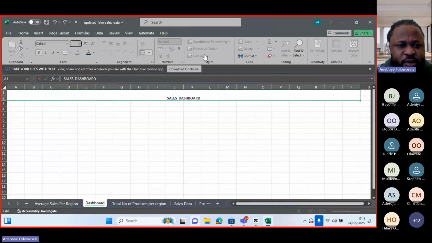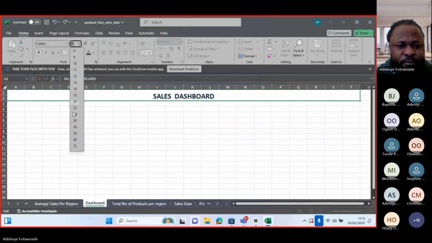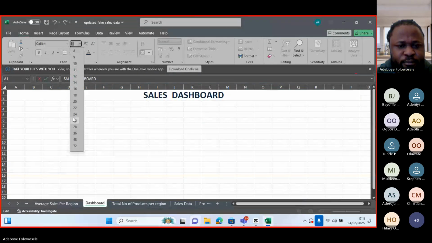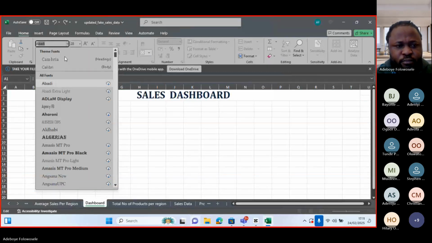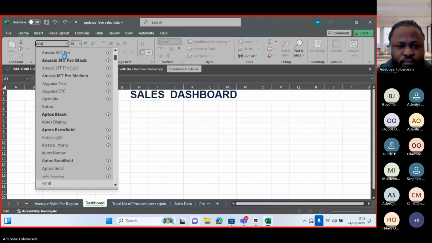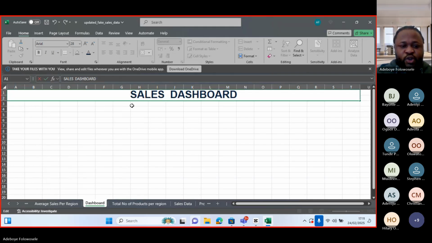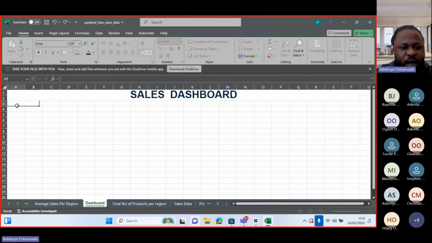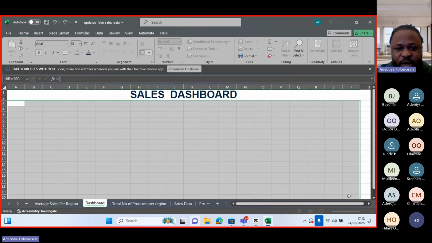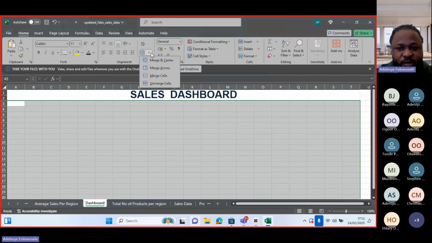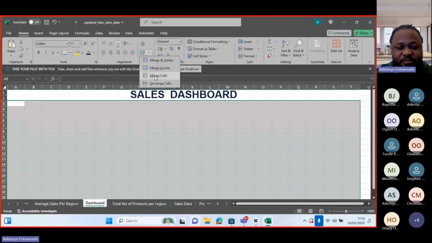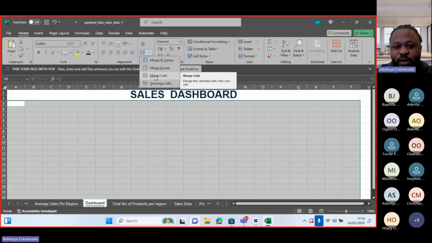Let me increase the font size. So here we have our sales dashboard, which is the title. So the rest of it, let me merge sales. Now, the reason why I said merge and center the other time is because I wanted